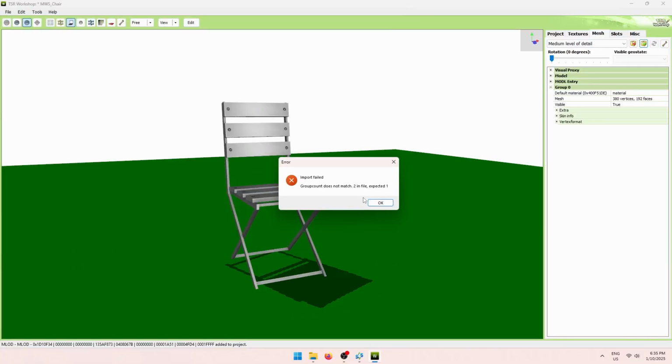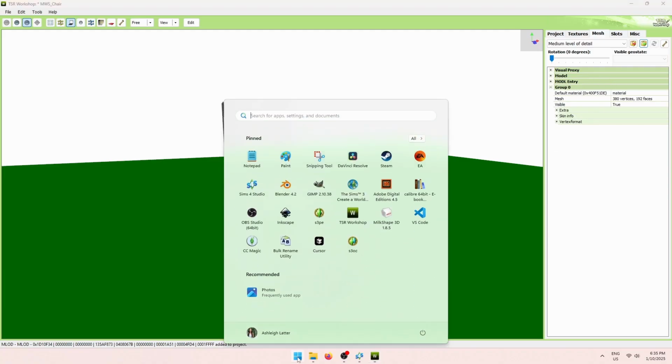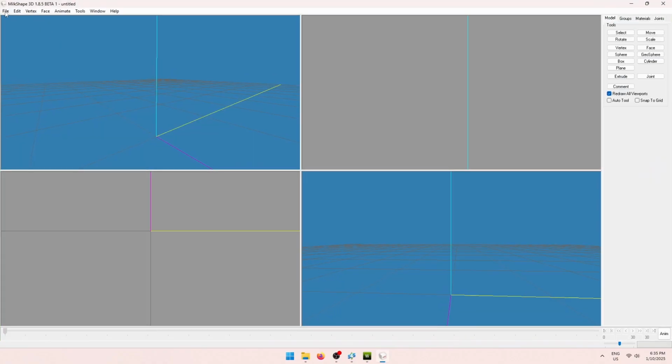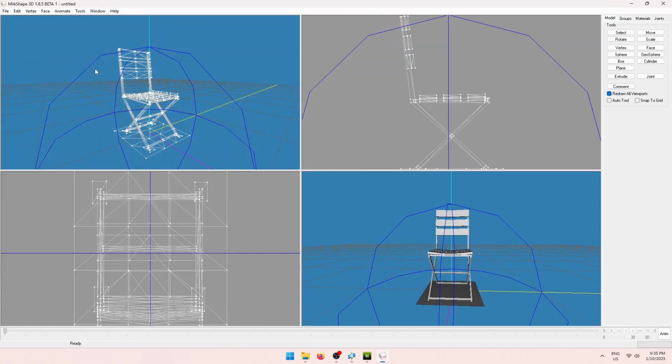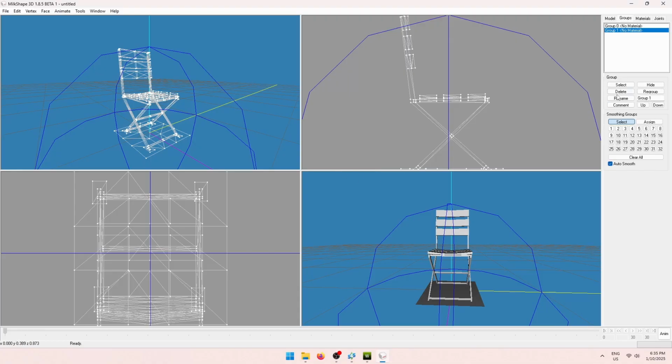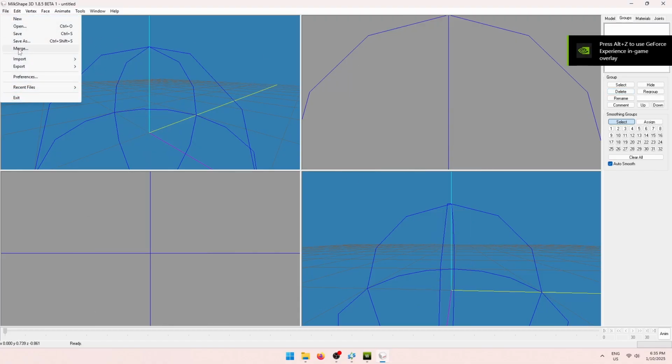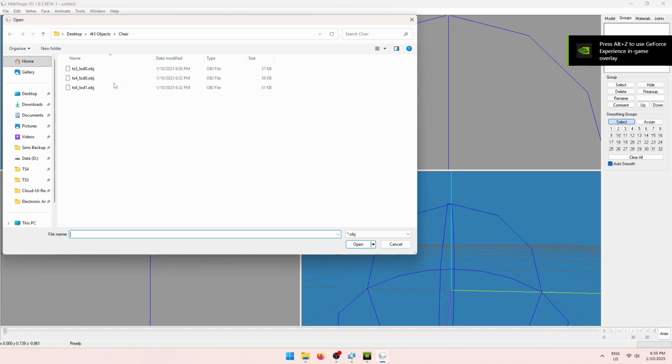Okay, so when I did the medium level of detail in Milkshape, I forgot to delete the drop shadow, so there's only one mesh in this one. So let's go back to Milkshape. I'm going to import the Sims 3 object again, so this is the Sims 3 chair. I'm going to delete both of those, and I'm going to import the Sims 4 chair again, the LOD 1